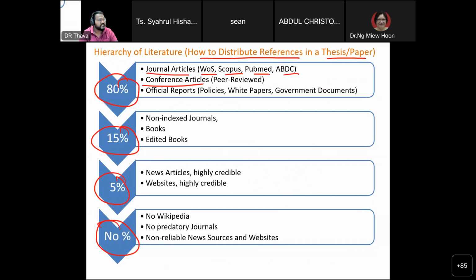Then you have conference articles, which should be peer reviewed. When I say peer reviewed, it shouldn't be conferences you go to for holidays, or a normal postgraduate conference and so on, because that is all very trivial stuff. I'm talking about conferences that actually talk about cutting-edge research in your area.